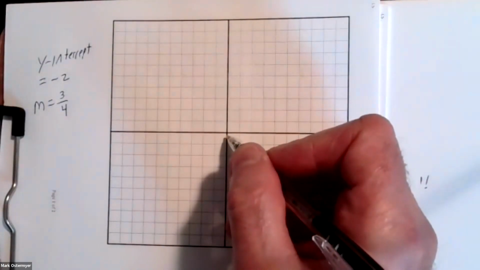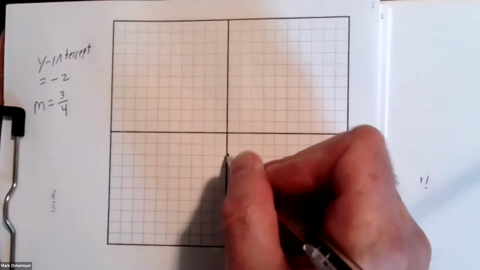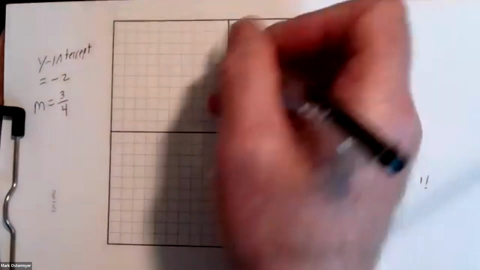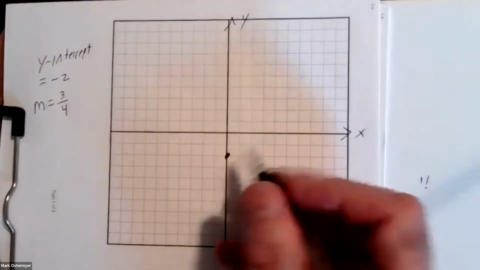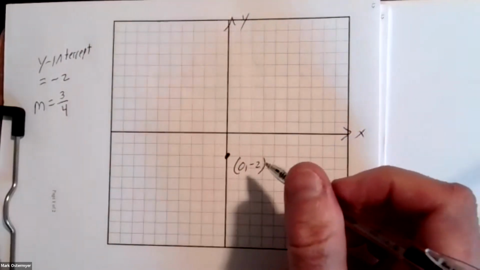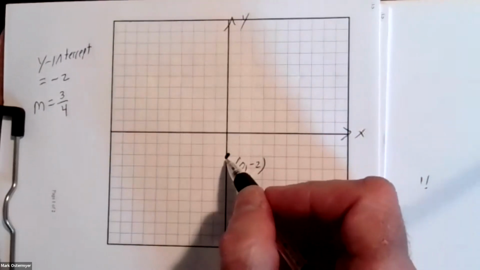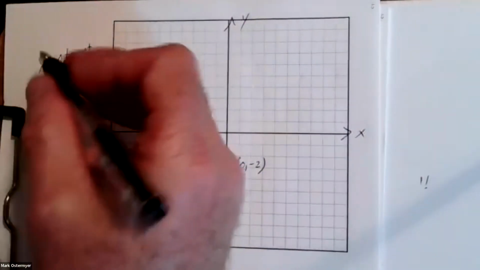First, we'll plot the y-intercept, which is -1, -2. There's the y-intercept, 0, -2. Knowing the y-intercept is at 0, -2, and knowing the slope is 3/4,